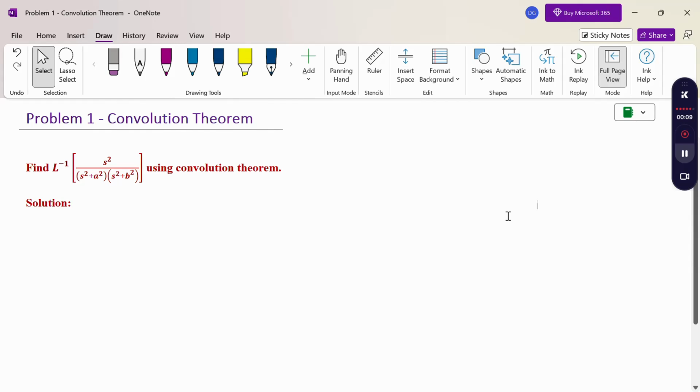In this section we are going to discuss a convolution theorem problem. See the problem: find L inverse of s square by s square plus a square into s square plus b square using convolution theorem. So convolution theorem is nothing but